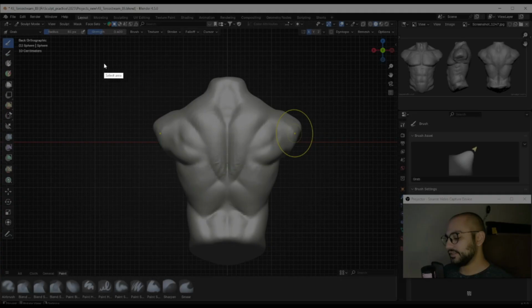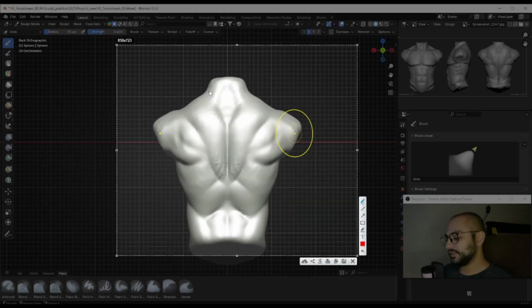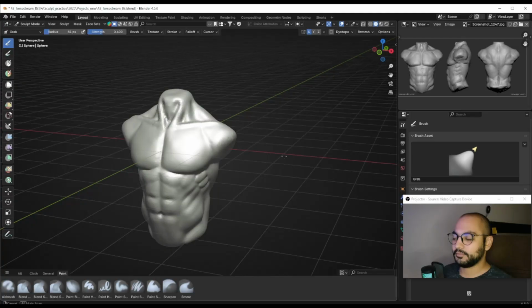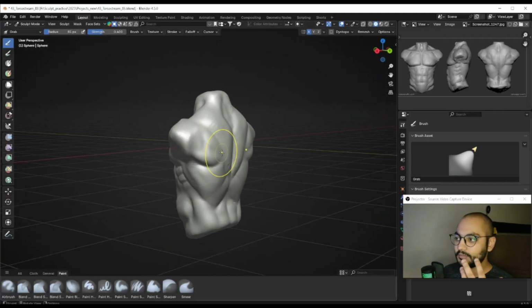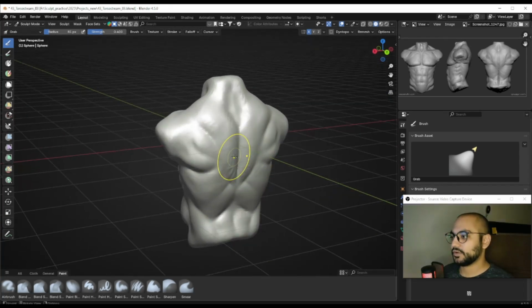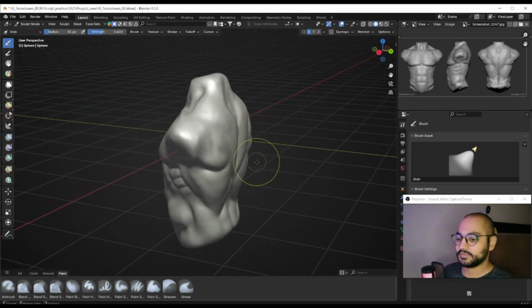And the distance between the scapulas is almost the same as one head. So if we had a head over here, the distance would have been almost one head as well. And the reason that we don't see it in male bodies is because male bodies are very bulky in muscles. Okay, of course, the reason you're learning anatomy is because you want to make strong characters, you want to